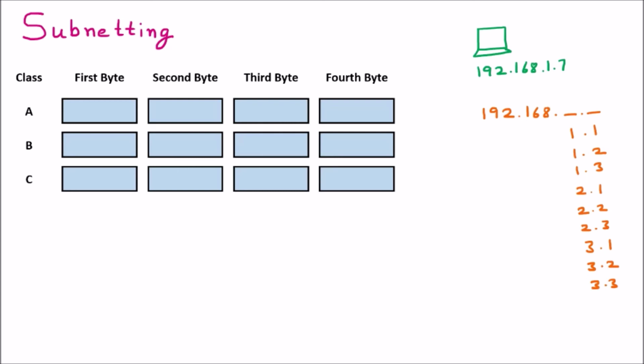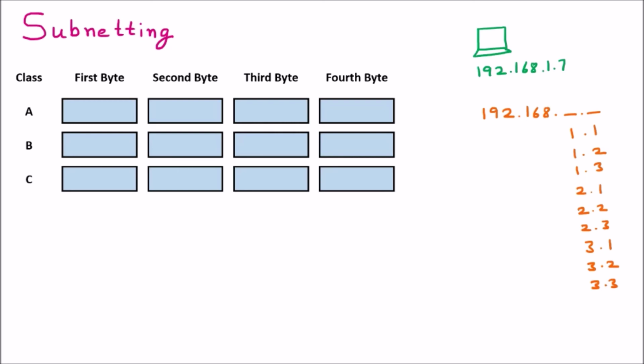That is our configuration, so that we assumed this is the IP we want to give: 192.168.1.1, 1.2, 1.3 and so on. If I want such type of IP configuration, here we work with subnetting. So subnetting means there is a complete network and we are going to divide it into small parts. That is called subnetting. Now understand one thing. Whenever we divide an IP into different subparts, a specific subnet mask is required. That means with that specific IP we have to provide the subnet mask. So that we are going to discuss now.